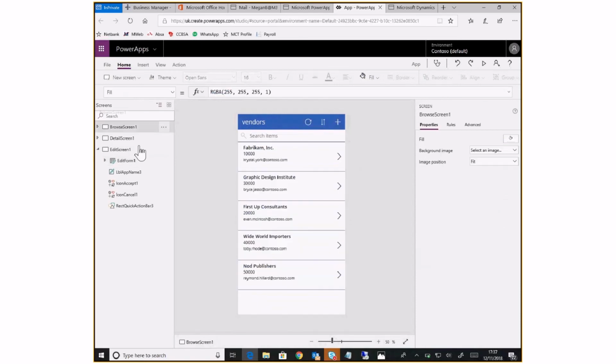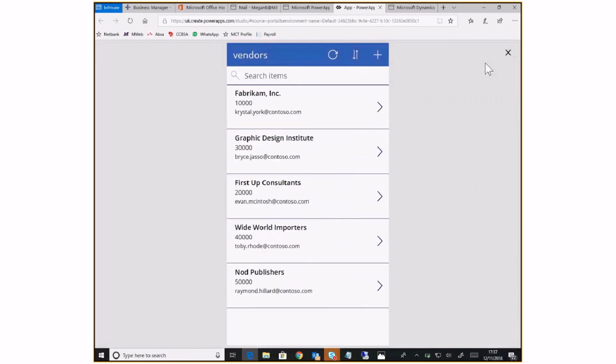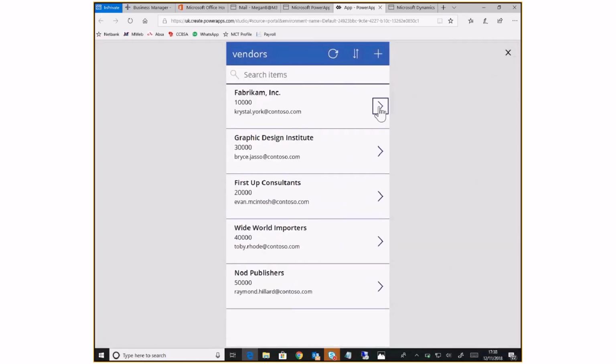Now, at some stage, you might want to see what this app is going to look like when it actually runs on the phone. So on the top right-hand side over there, there's a preview the app button, a little play button up at the top over there. Go and click on the preview the app button, and you can actually interact with this. The best thing about this, and this is what I usually show the customer at this point as well,